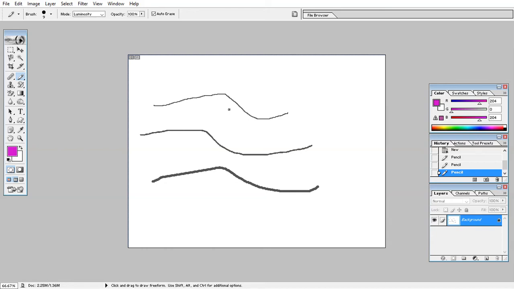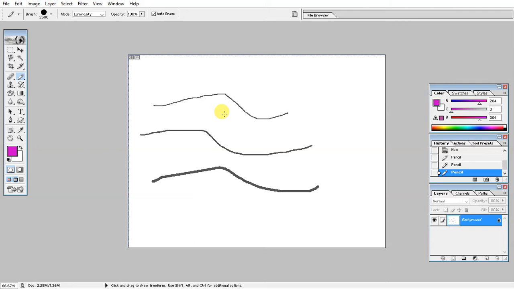If you want to increase the size of your brush, you have to press close square bracket. Just I am going to press the close square bracket. You can maximize the size of your brush of any length, and the maximum size of your brush is 2500 pixels only.